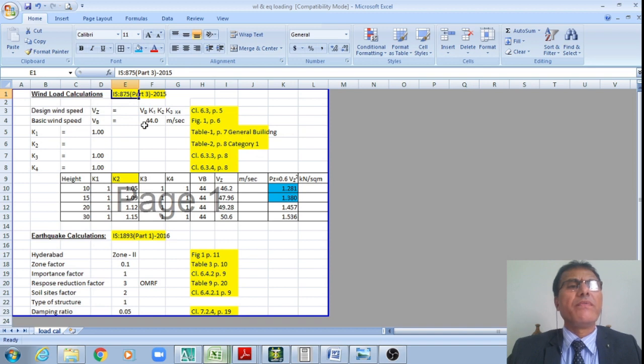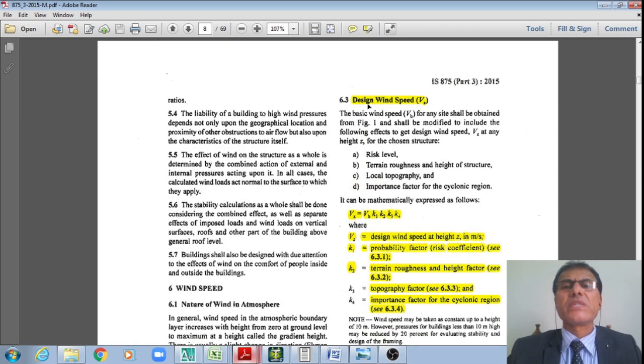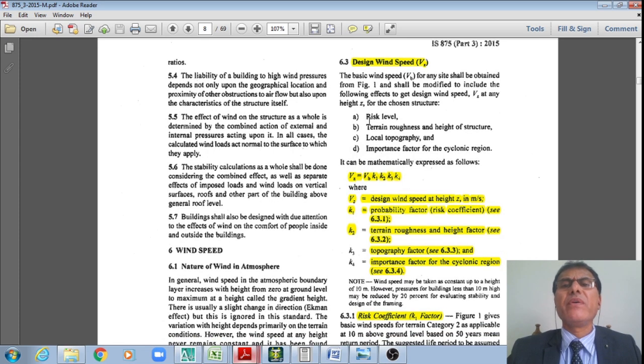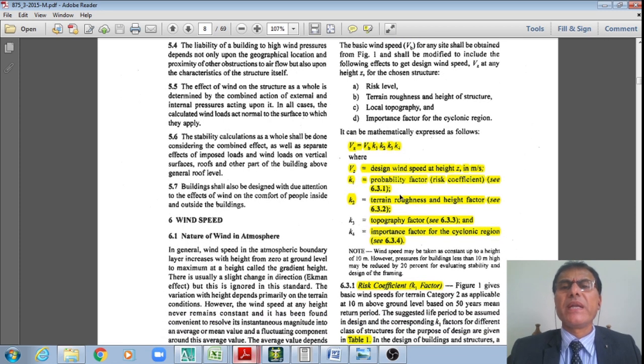Now I'll calculate the wind loads using this IS 875 part 3, 2015 code, student, right? Let me go back to IS 875 part 3. These are my part 3 provisions, wherein the code says that the design wind speed Vz is given by Vb multiplied by K1, K2, K3, K4, where Vz is the design wind speed at a height of Z in meters per second, and K1 is a probability factor or risk coefficient, and K2